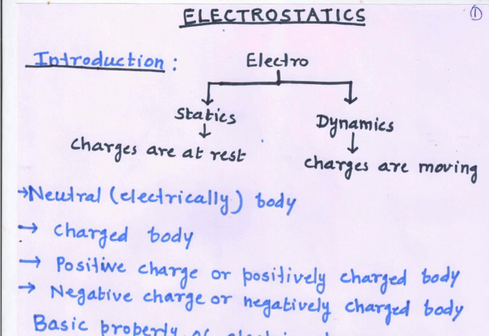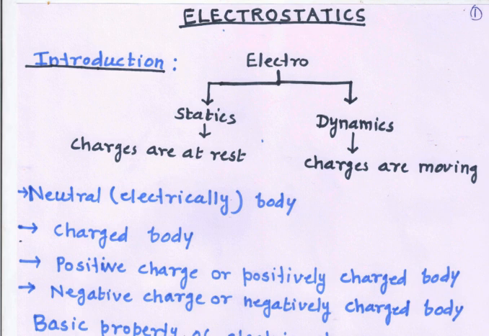We know every material body consists of a number of particles. Particles contain a number of atoms, and the atom contains the nucleus, with the electrons moving around the nucleus. Electrons are negatively charged, and the nucleus contains protons, which are positively charged, and neutrons, which are electrically neutral. When we say a body is neutral, the number of protons must be equal to the number of electrons revolving around the nucleus. The body is said to be neutral.